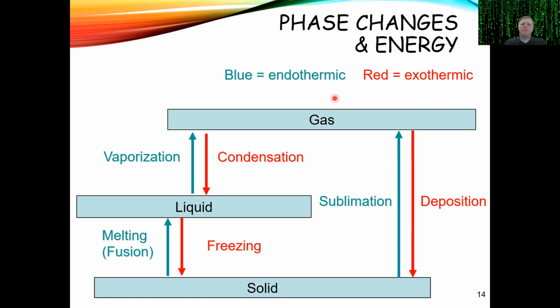But then if we're going from a more chaotic system to a less chaotic system, this is going to be an exothermic process, right? As a liquid freezes into a solid, the liquid is giving off heat, and therefore this is an exothermic process where it's becoming a more ordered system. So in that case, we have energy to overcome those interactions, but that energy is sapped away by our surroundings, and our molecules get locked in place as a result of this exothermic giving up of energy.